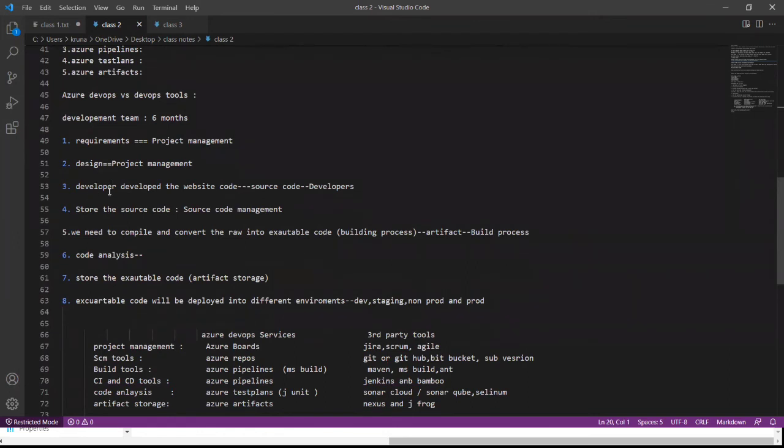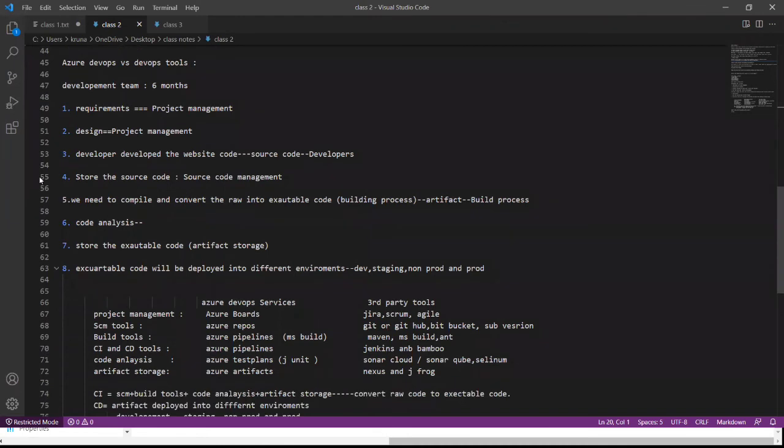Then we are going towards our developer, and we are giving them tasks for building our source code. That developer is only and only writing that source code, and that source code is in human readable form, might be in Java or .NET. After that we are going for storage for that source code, and that is nothing but source code management.